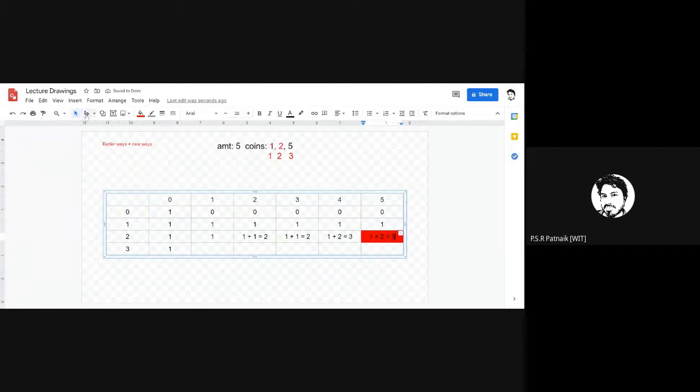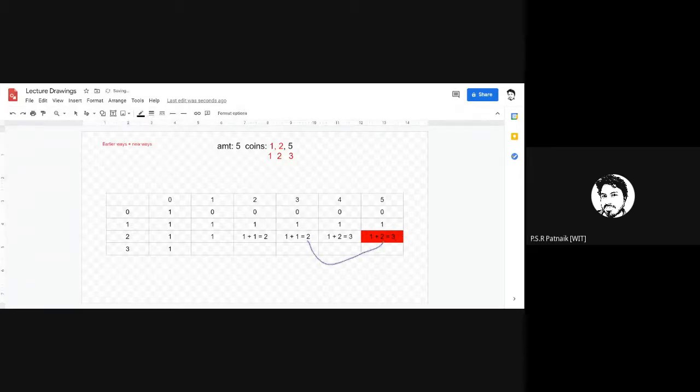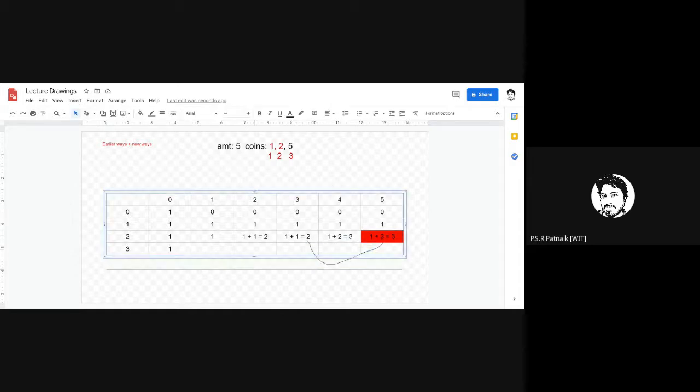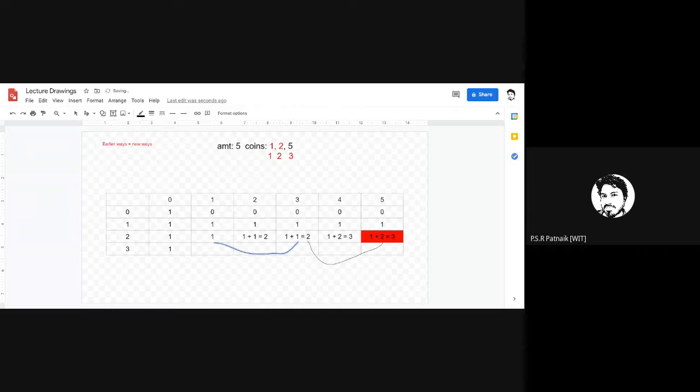So from where did I get this value here? This 2 has come from here. So from amount 5 minus 2 means 3, you get this value. So you will say, from where did I get this? This was built by the previous solution, right? This was built by the previous solution. Look at this. Now you might ask me how this one has come. So you can see here that this one has come from here. So that's how the solution keeps on building on previous solutions. Okay, so let us fill the last column. Once we fill the last column, we get the solution for this.